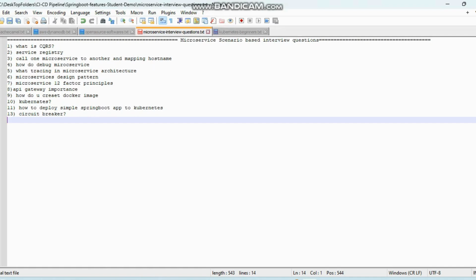Let's say I have microservice A and microservice B. I have read logic and write logic, read operations and write operations. Both operations need to happen in a single microservice.